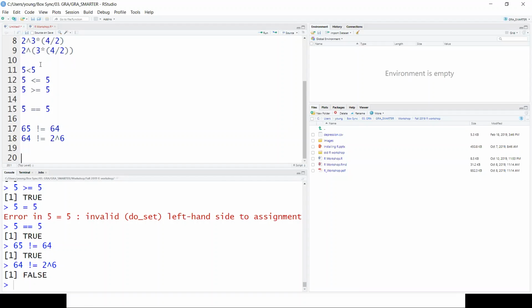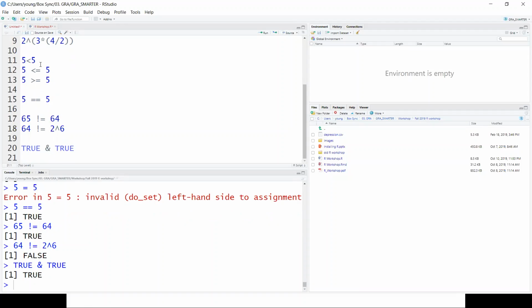And R knows the words TRUE and FALSE. From this section, I'm going to tell you about AND and OR operations. If you want to evaluate whether TRUE and TRUE is true or not, it would give you TRUE because both of them are true here.